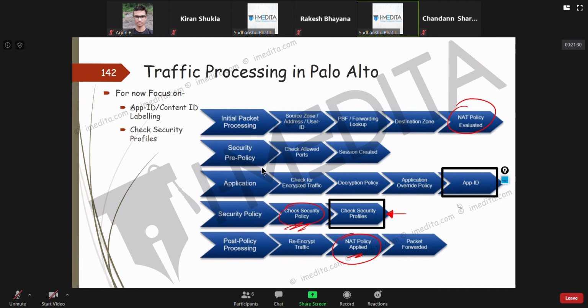A lot of people have doubts in their mind, and sometimes people use these words interchangeably: security policy and security profile. Be very clear about it. These are two different things. Don't use these words interchangeably, casually. Being a Palo Alto security engineer, you can't do that. Security policy is what we just saw, that source zone inside, destination zone outside.